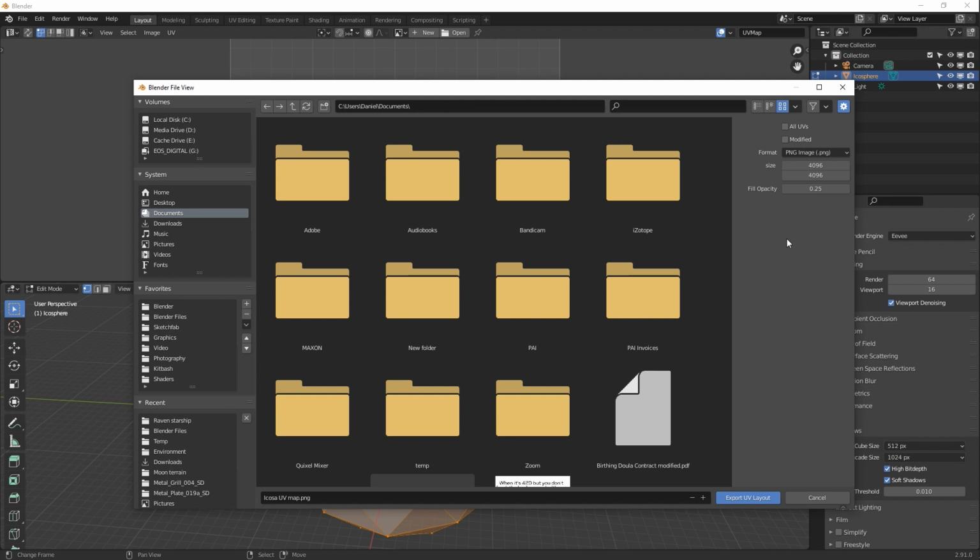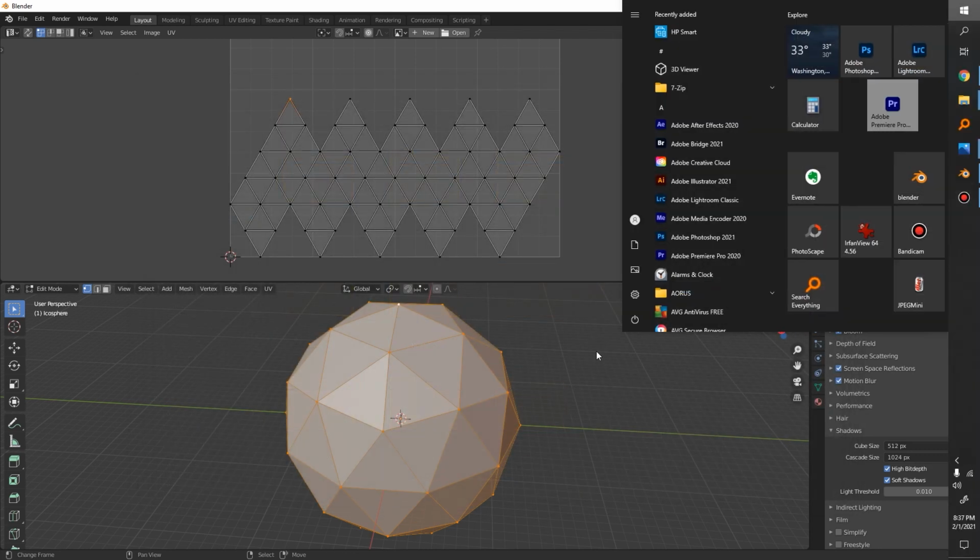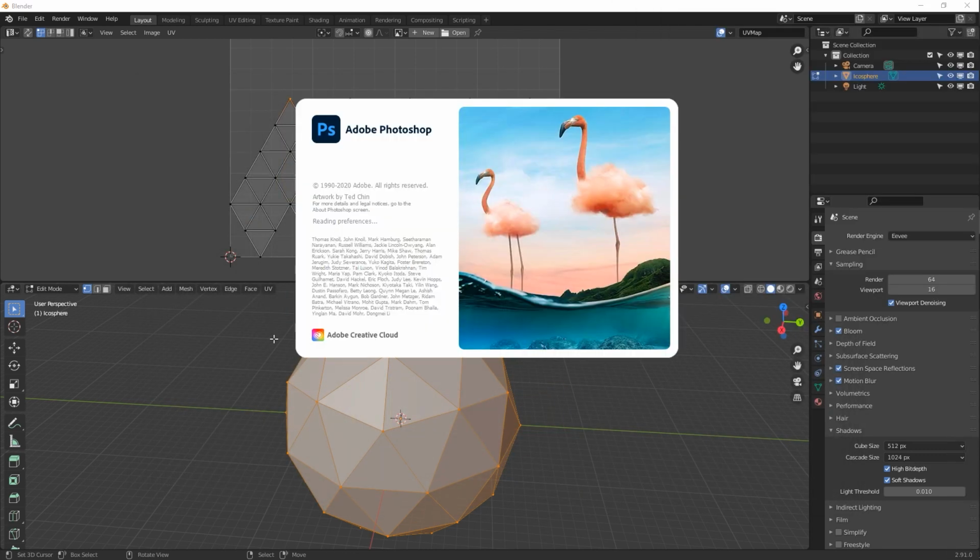That's where my math gets a little fuzzy, but I do know 4096 is double of 2048. So let's go back to 2048 by 2048. Fill opacity. I think that's how transparent the triangles are going to be in the UV map. So let's just put that at half and save. All right, so let's open up Photoshop and open up this UV map. We can paint onto it, save the result, and bring it back into Blender and stick it onto our shape